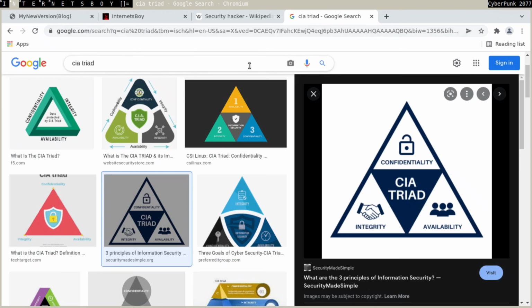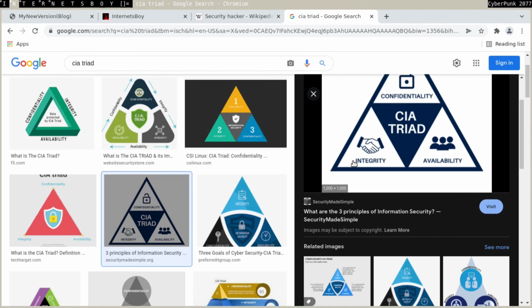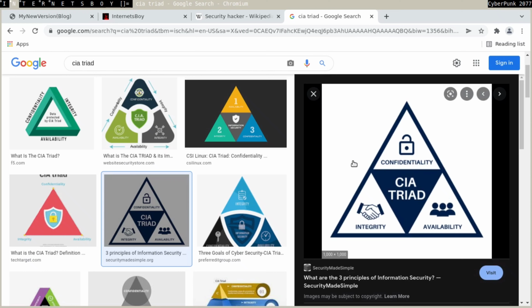Now the CIA triad is also a term you can see in ethical hacking. CIA means confidentiality, integrity and availability. Just go with this term, and this must be seen in vulnerabilities and exploits. I just learned this term when I was learning ethical hacking. That's all. And there's also one more term, if I remember correctly, which is called attack surface, which is just the surface for attacking a system.